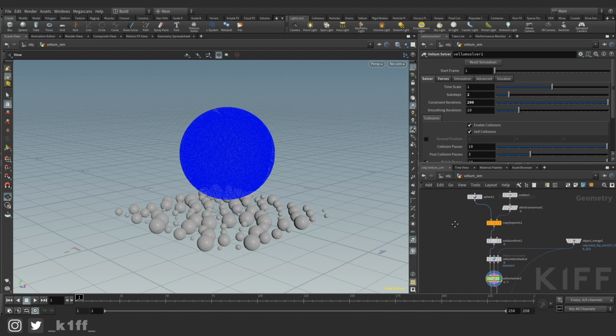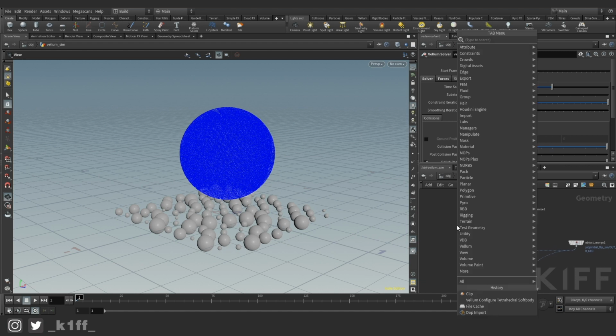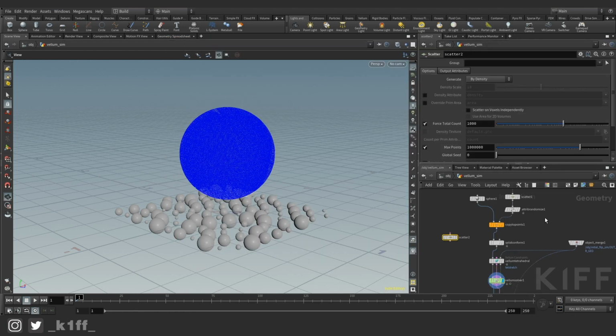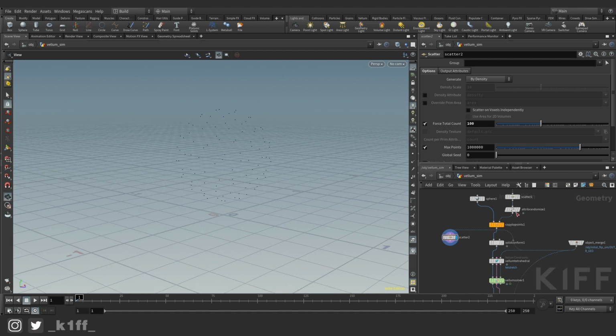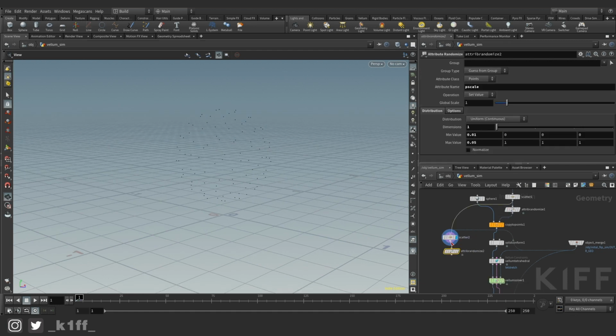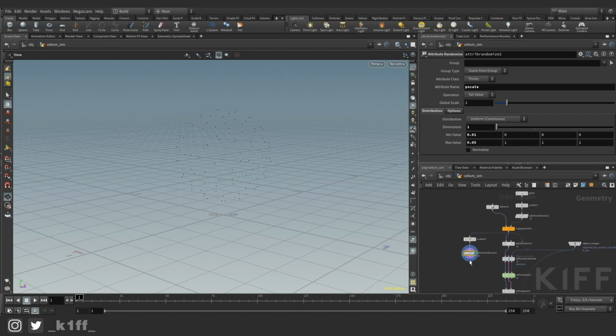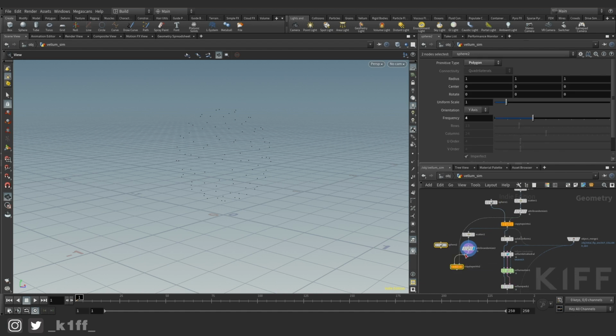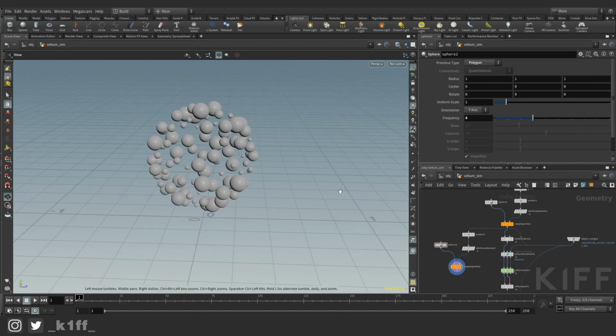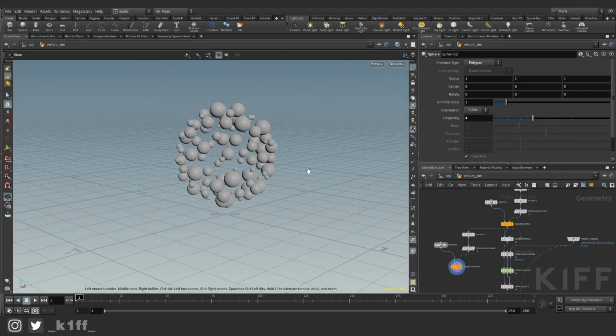And I'm sure, as I've said that, some of you are going, well, you could just scatter onto this guy, and then there's your points. I can make that 100, and now I've got 100 spheres, and then I can do the attribute randomize here, which is going to give us the random p scale as well. And then I can also copy the spheres. And then there we go. There's our spheres around,